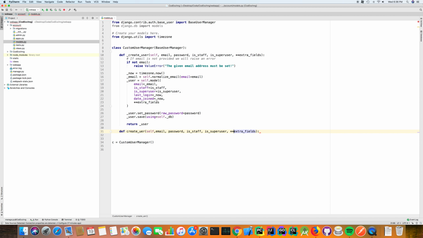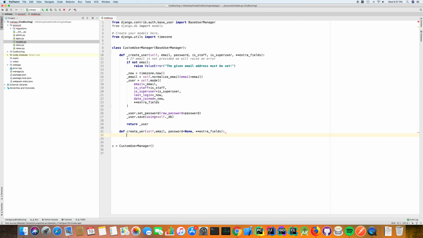Everything looks good. I don't want these guys, and let's say password equals to none. I also don't want to pass the password, so basically I'm just passing the username, and the default one would be